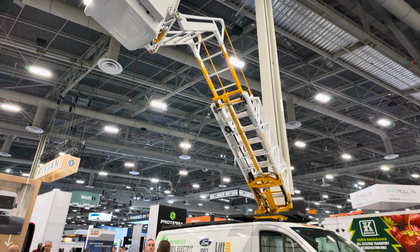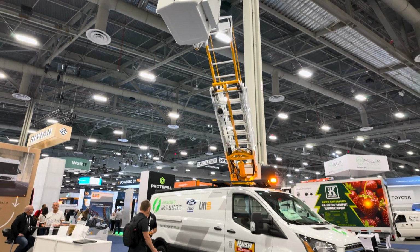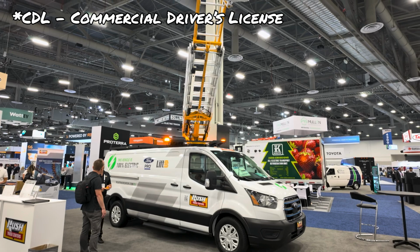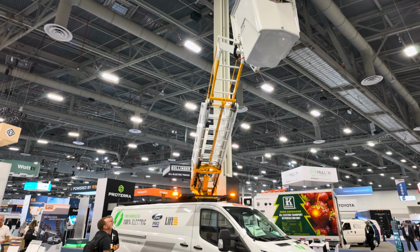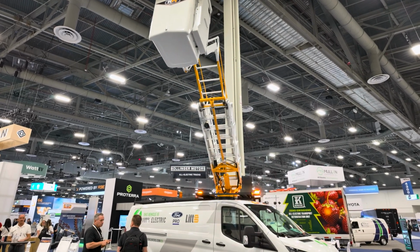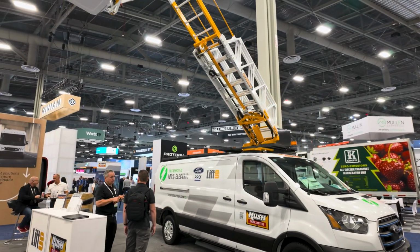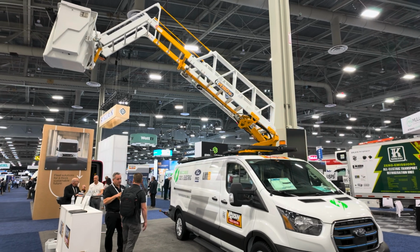And because of the light weight, you don't have to have outriggers or stabilizers. They don't need a CDL. You don't need a medical card. You don't even have to DOT it. That is awesome. So the scheduled maintenance on this will be... Ford says 45%, but we have a fleet that ran 1,000 of these last year, and they saved 75% over the scheduled maintenance cost of ICE,